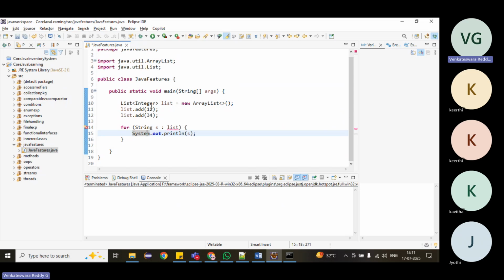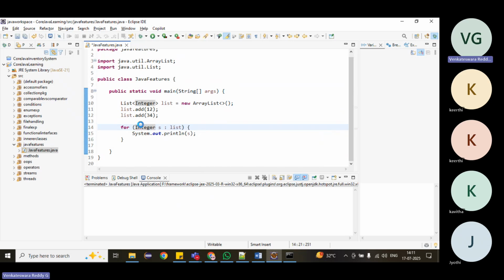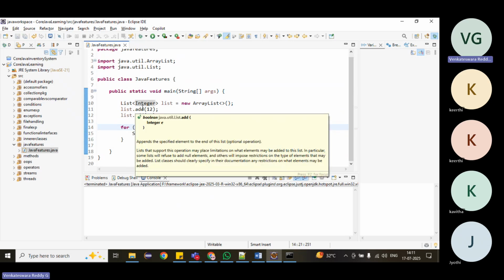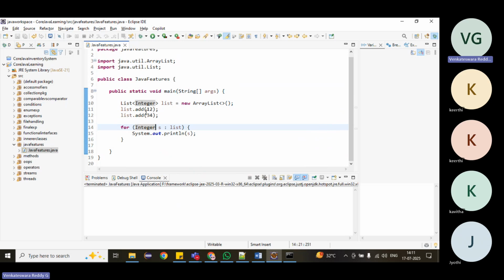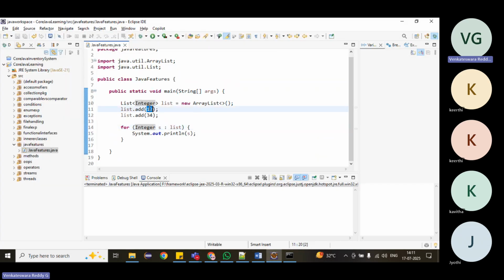You may cross-question: it is allowing only primitive values, so how can we say it is not allowing them? Because internally it will automatically convert the primitive to a wrapper class. That is called autoboxing. Converting